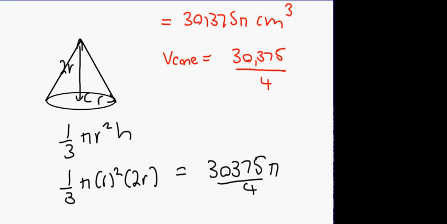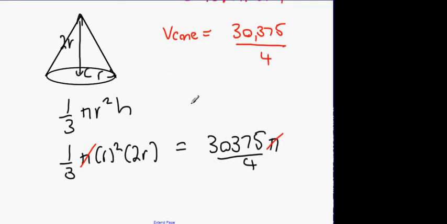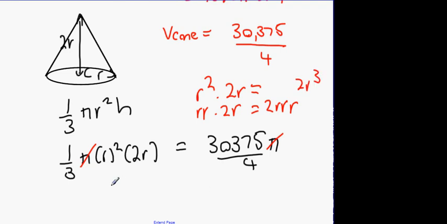And what happens next is the pi's cancel off with each other. And what we're going to get is, can anybody tell me what is r squared multiplied by 2r? 2r cubed. See how many r's there are. R squared is r times r, and so multiply by 2r, you're going to get 2r cubed. So it's going to be 2r cubed over 3 equals